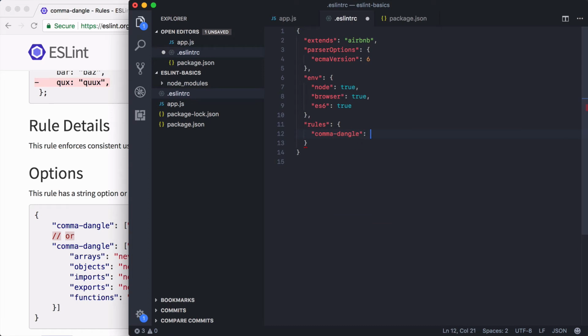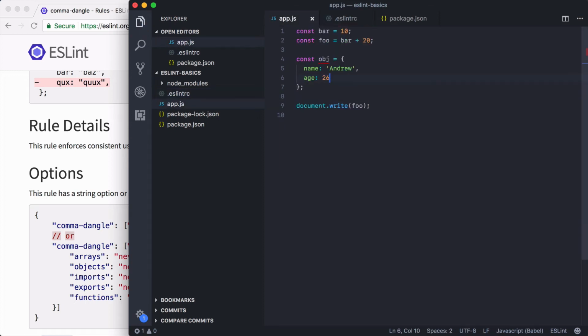This is going to get set equal to a value, and here we can use a few different ones. We can use error to set it up as an error. We can use warning to set it up as a warning. It's actually warn, and we can use off to turn it off completely. So if I use off and I switch back over, you're going to see there is no error on line